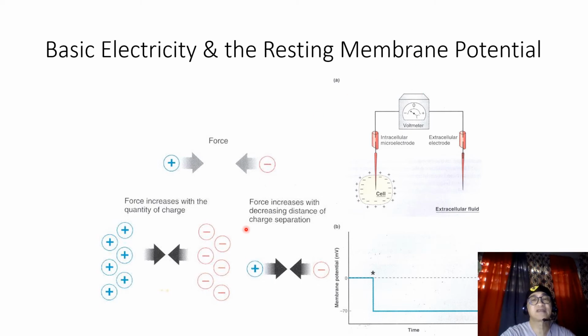In the natural setting of the nervous system, however, there is a natural barrier that separates the ionic charges in the nervous system, and this is formed by the plasma membrane of neurons. The plasma membrane of neurons is selectively permeable to certain ions, which generates a separation of charge across the membrane, known as the resting membrane potential.